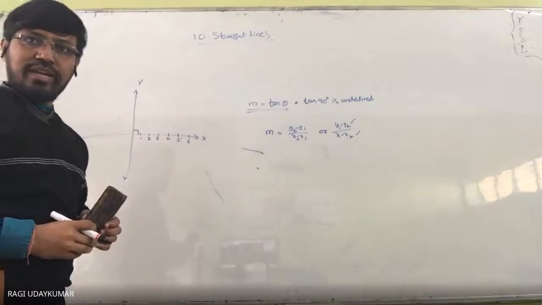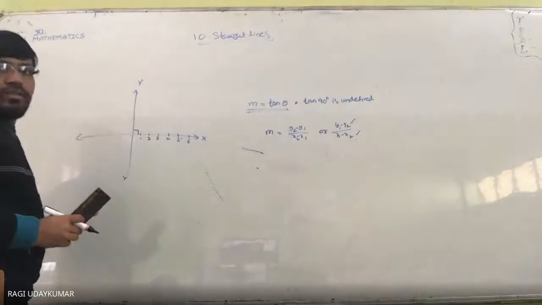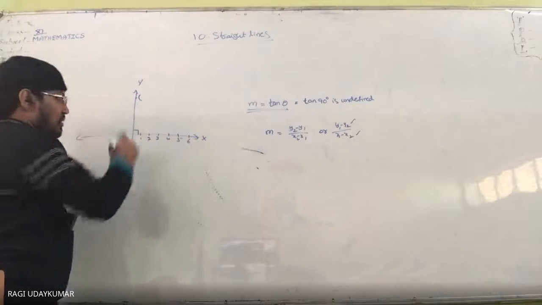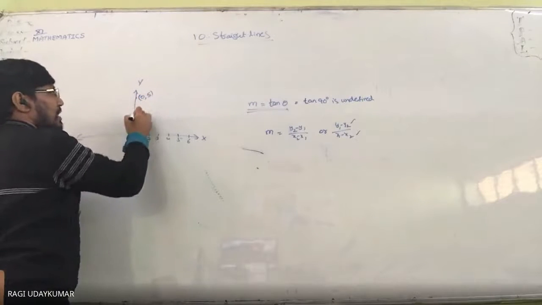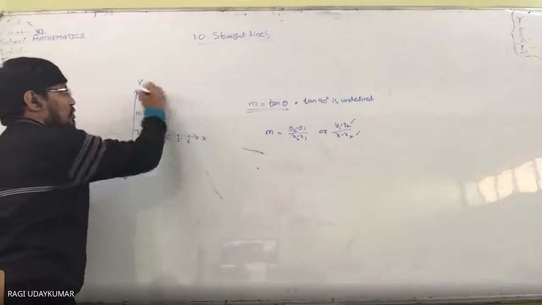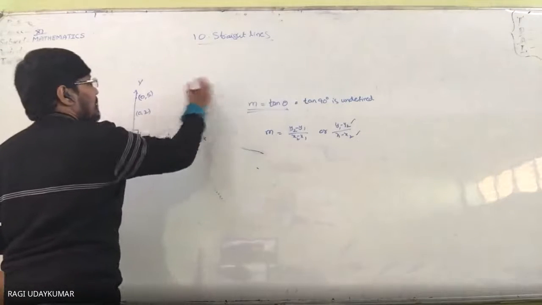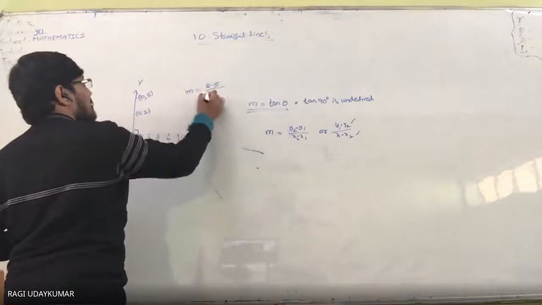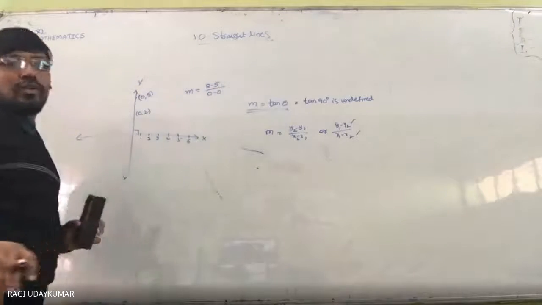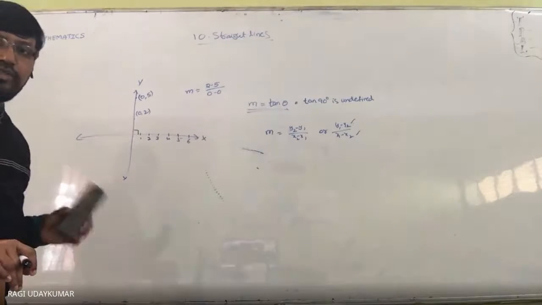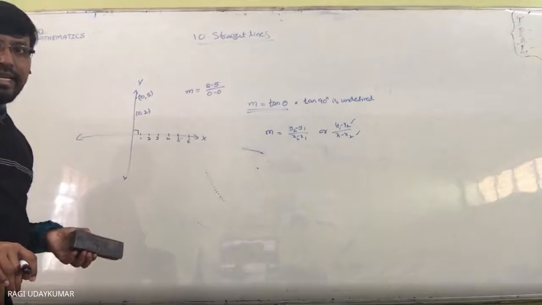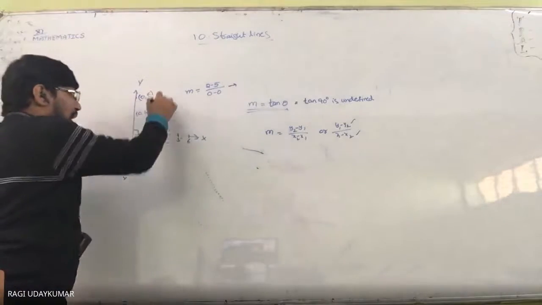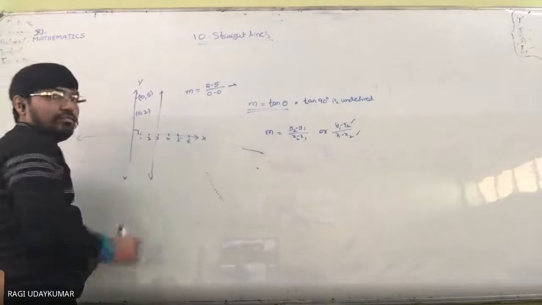Undefined. Okay. So like this, you can say any 2 points you take on the y-axis, their x coordinates will be 0 comma 5, 0 comma 2. So the slope of this line, whenever you consider 2 minus 5, this minus this, the denominator is 0. Some number divided by 0 is considered undefined. This is undefined.